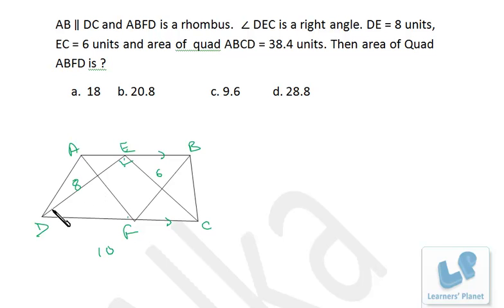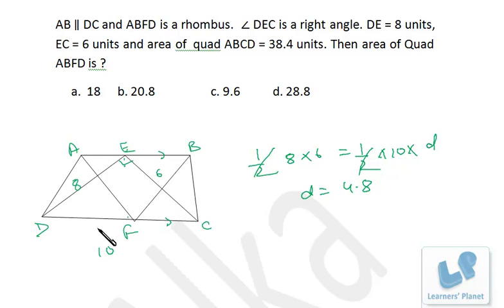Now there are 2 ways of finding the area of triangle DEC. Listen to me carefully. Half base into altitude, right? Apart from that, half, this is the base, that is 10, into the altitude of this triangle as well as the altitude of this trapezium, so that is D, right? So D is 4.8. That is the altitude of this trapezium as well as this triangle.